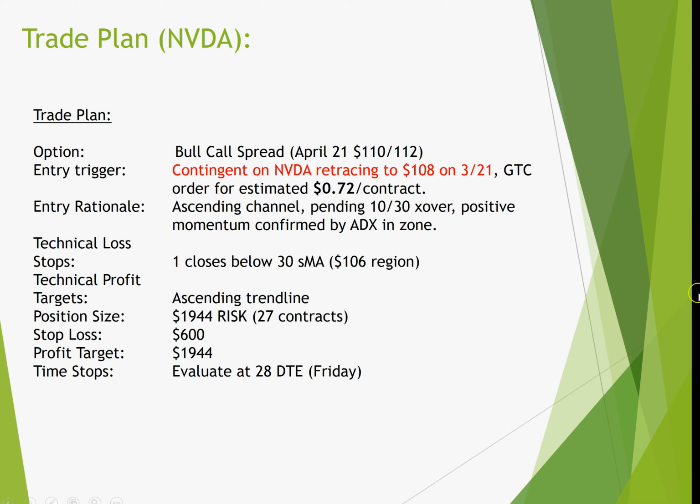Entry rationale is the ascending channel, pending 10/30 crossover, and positive momentum confirmed by the ADX in the zone. You have a technical stop loss: I will close this at whatever loss I have if it closes below the 30 simple moving average, which is about the $106 region. I do have a technical profit target. I don't think it'll go that fast, but it's on the ascending trend